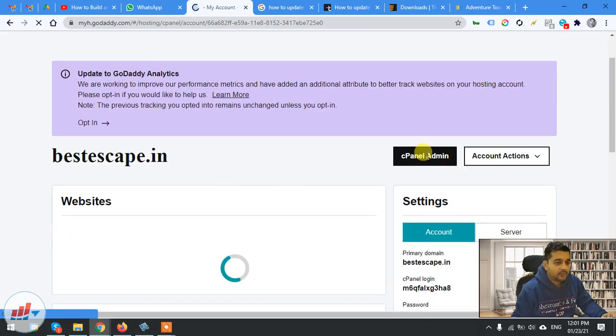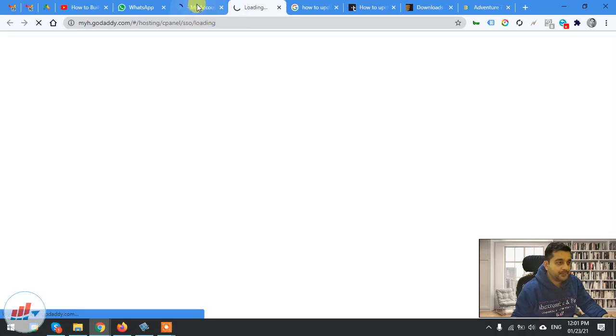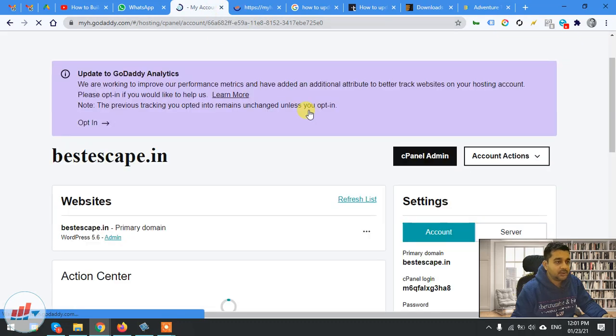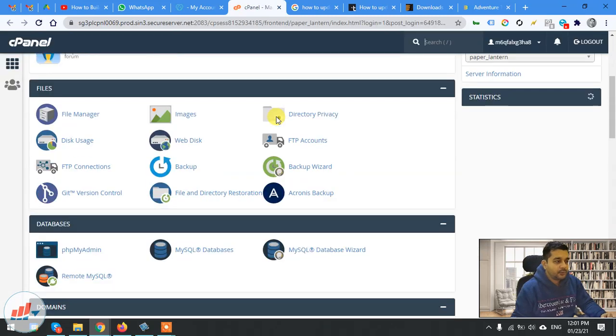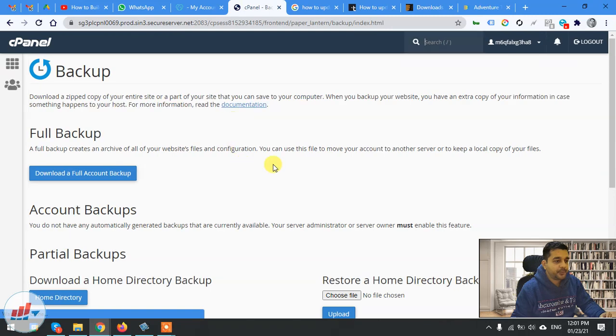And before going into the file manager and making changes, I would always recommend you to take a backup using cPanel admin. When you go into the cPanel admin, there is an option to take a backup of your complete website. So let me show you how you can do that. We are in the cPanel now, and there is an option of backup here, and here you need to download a full account backup.